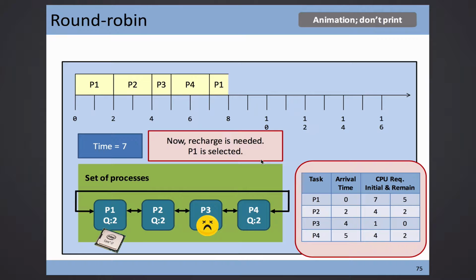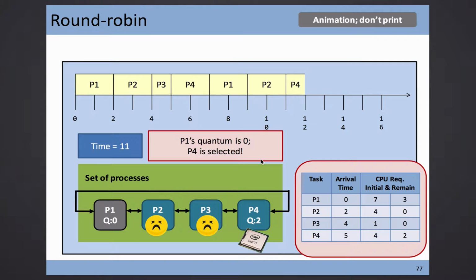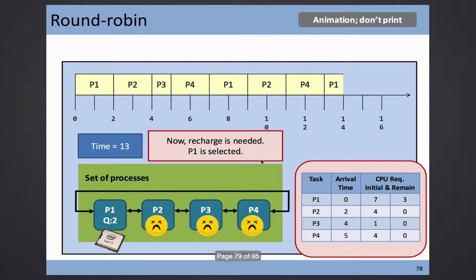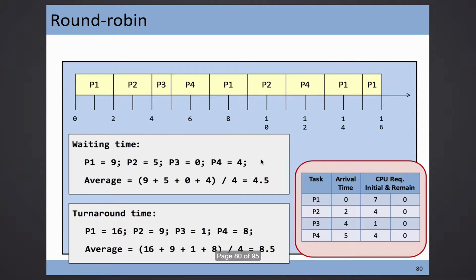This guy needs more, but this guy needs fewer. So this round will have finished the execution. This round also finishes the execution, and it goes on. So you will have this scenario that keeps spinning over this circular queue. And in the kernel of 2.4, we really implement every process in a circular queue, and there is a for loop to loop through the entire queue to see whether you have used up your quantum or not. And that is the end.